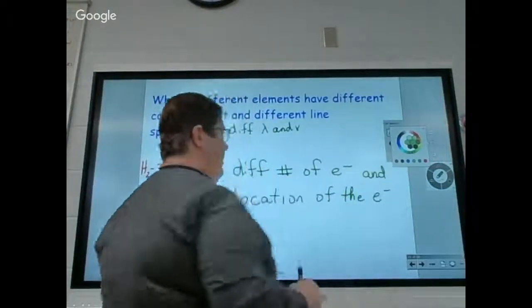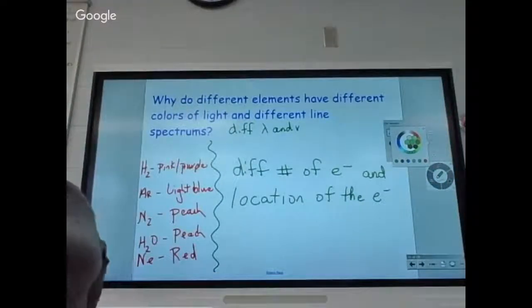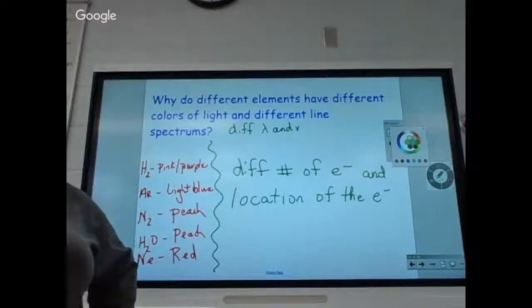And the location of the electrons. All right. Now, because the location of the electrons is going to vary, their properties are going to be different. Okay. Now, some of you may have learned, maybe in middle school, about the Bohr model and learned about the rings. Some of you may have even learned the rules for figuring out how many electrons were on each ring. Some of you may have, not everyone.